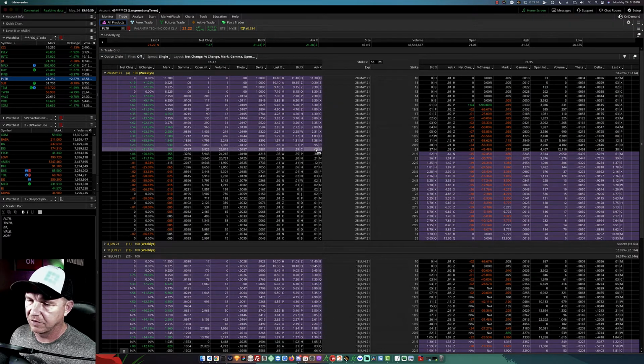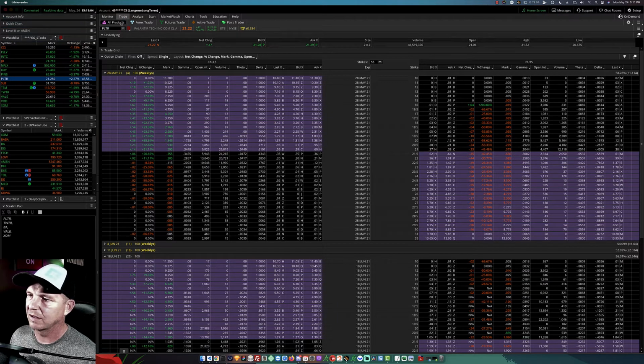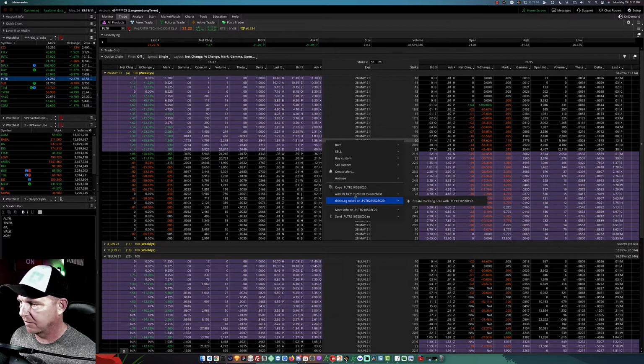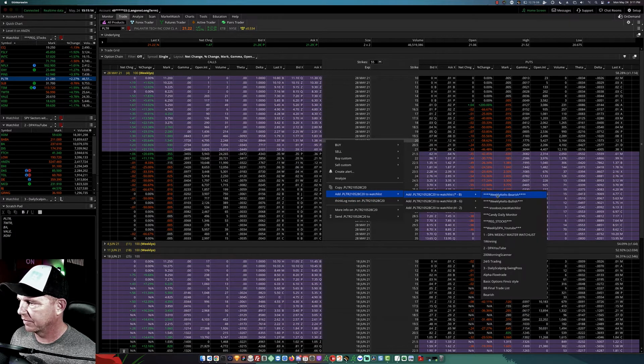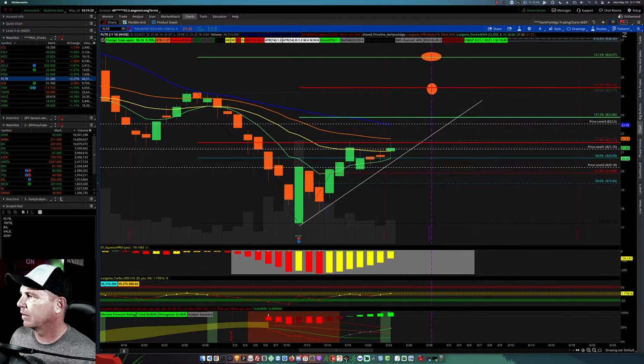From an options perspective, there's a ton of open interest coming in at 22, both on the call and the put side. That might be a good short-term target. I'm personally going to try to grab some Delta 70 or better, possibly these 20s. I'm going to go ahead and grab those 20s and add them to my watch list for the morning. I like to grab options that are between $1 and $2, and I like to grab them on a pullback. So what I mean by that is,